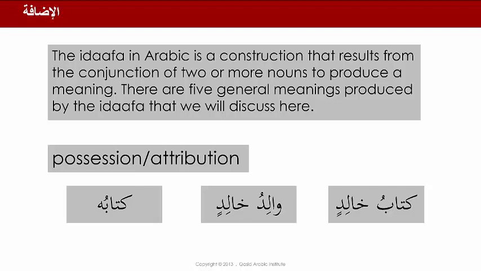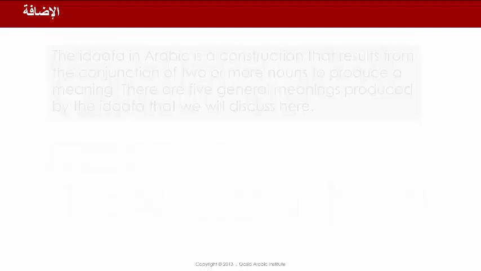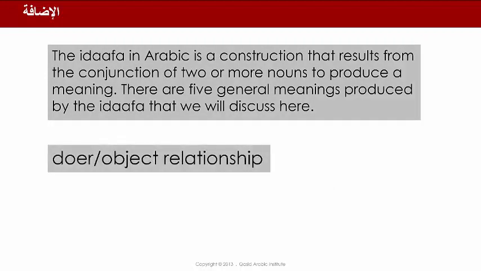Rather, the father is connected to, or there's an attribution of fatherhood to the person who is the one who gave birth, who is the father of Khalid. So here we have either possession or attribution. We can also think about the Idaafa in terms of a doer or an object relationship. So if we had dirasatu Khalidin, and this is usually when we use a masdar in the Idaafa structure, dirasatu